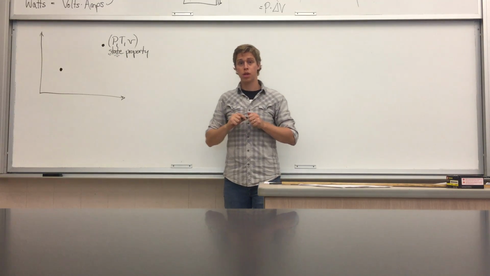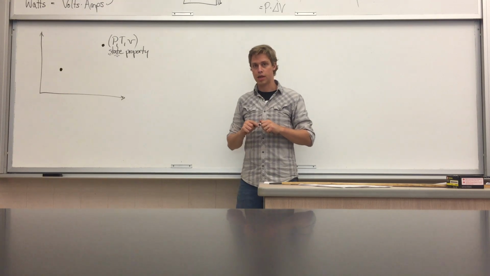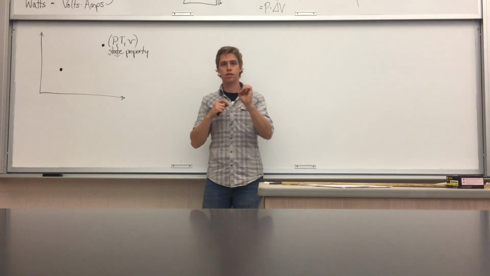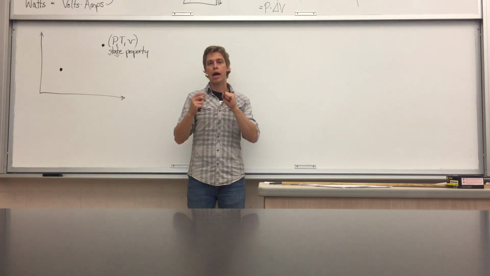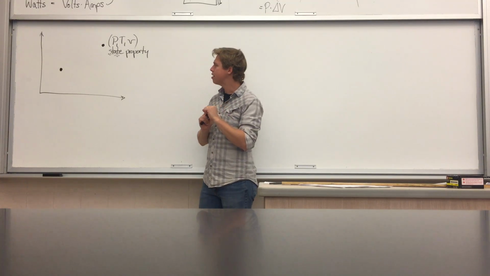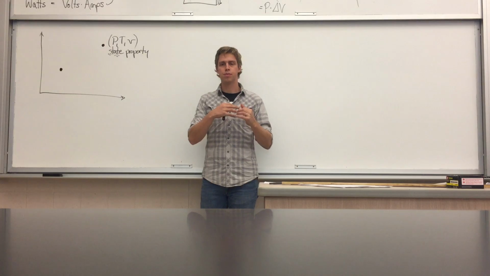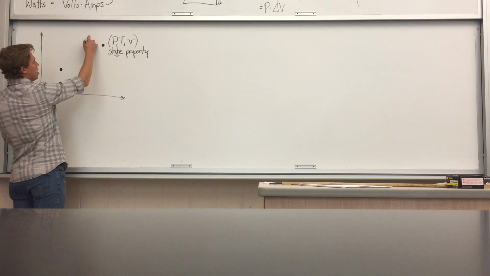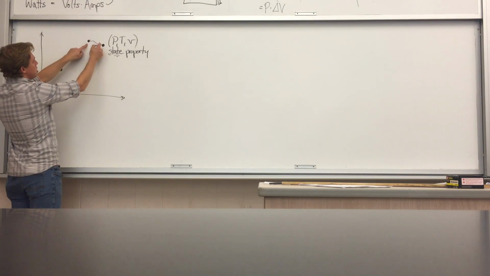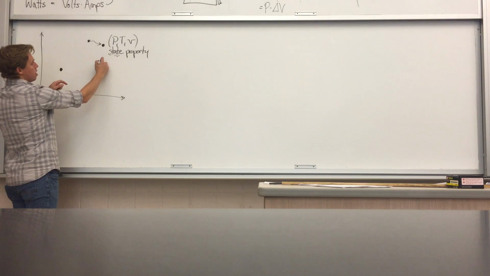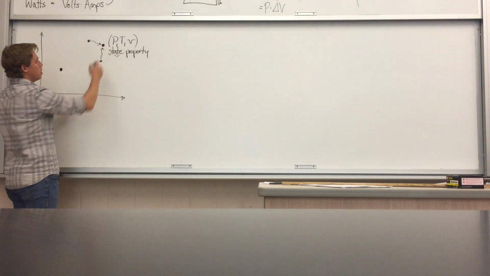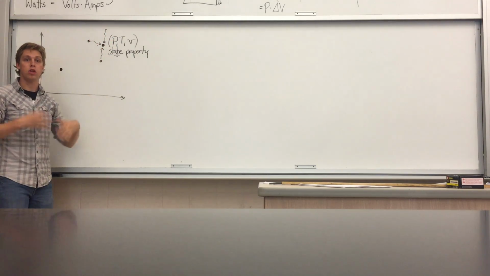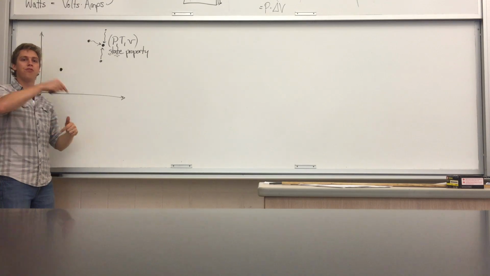I'm going to say something really, really obvious, but it's actually fairly philosophical as well. A mathematical point does not know how you got to it. So what I mean is that we've talked about process paths, and we could have gotten to this state from any other state. We could have had a state here, and we came this way. Or we could have had a state here, and we came up to it. Or maybe over here and we came down to it.